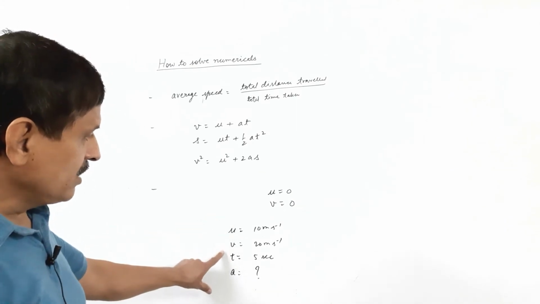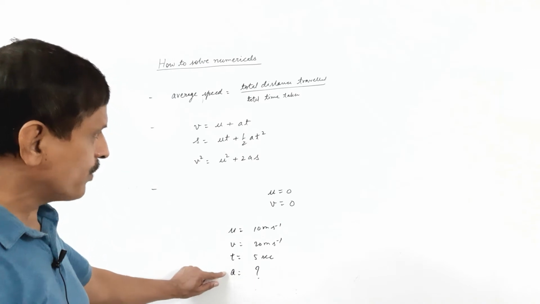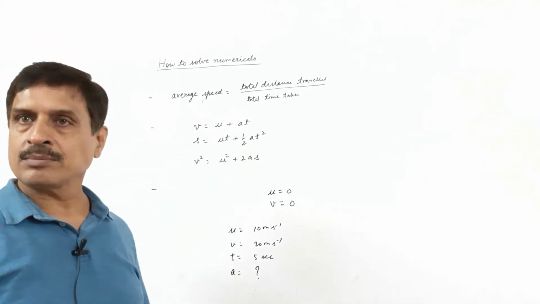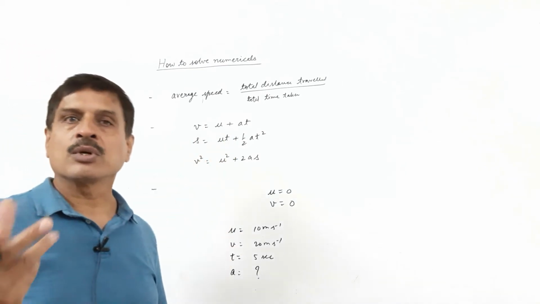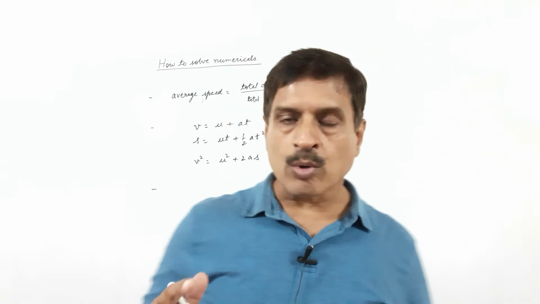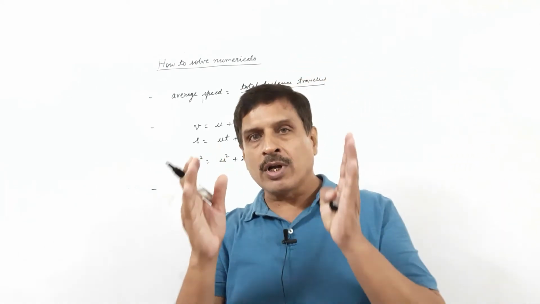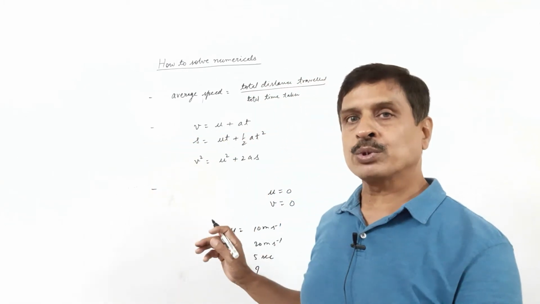As it is clear, in these four quantities, 3 are given and 1 is to be obtained. So clearly we can use the first equation of motion. Similarly, from other numerical problems, we can pen down all information and then that will give you a clear picture which equation may be used.